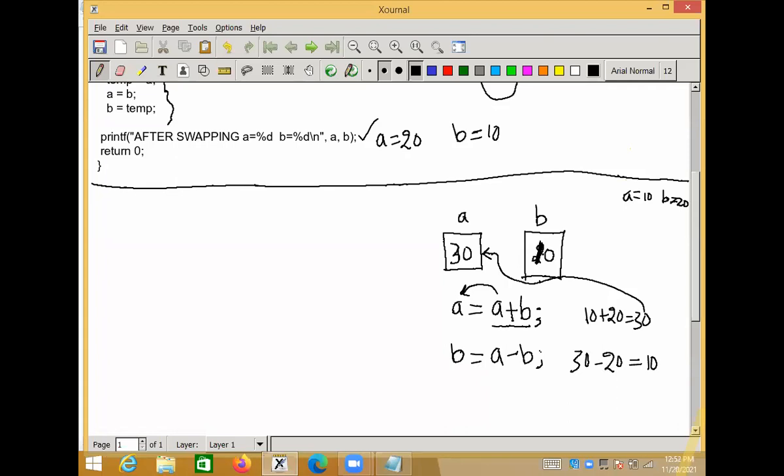Now you have 30 and you have 10. If you subtract these two again, 30 minus 10, you will get 20. That 20, if you store in A, means the B value you moved into A. How can you perform 30 minus 10 here? Again, A minus B. This time it is 30 minus 10, then the result is 20. This 20 you have to store back in A. So you have to say A equals to.